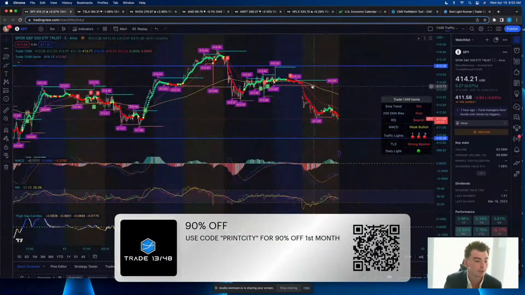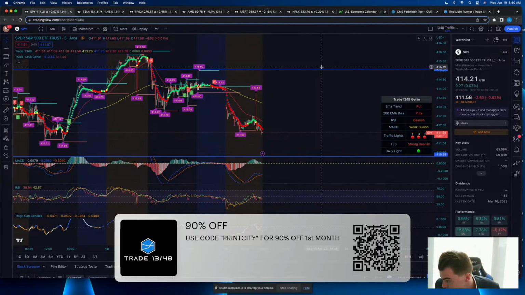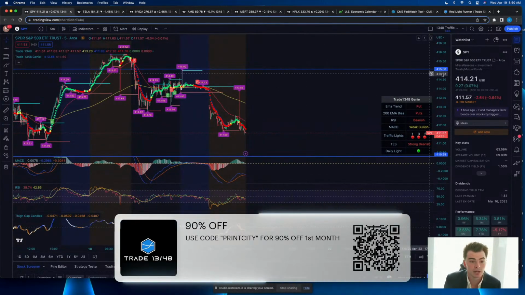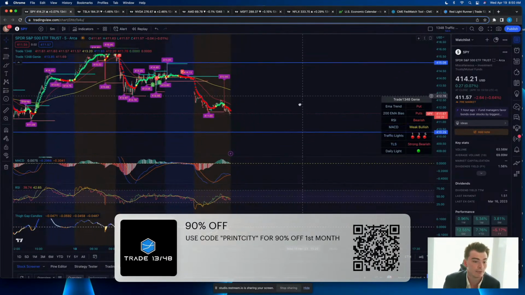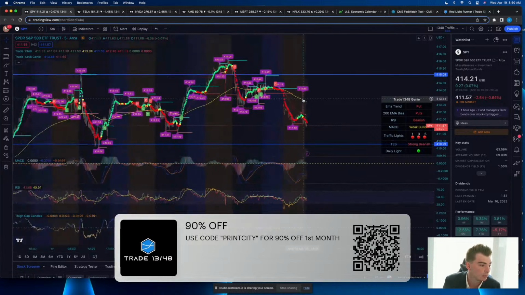So now we have all of our levels drawn out on the SPY. So this is what we're going to be looking at today. Does that make sense to everybody? Because some people are getting confused on how you draw your levels, how many levels you have, which ones you're using. A couple from the daily, a couple from the 4-hour, a couple from the 5-minute. Only the really, really big key ones.